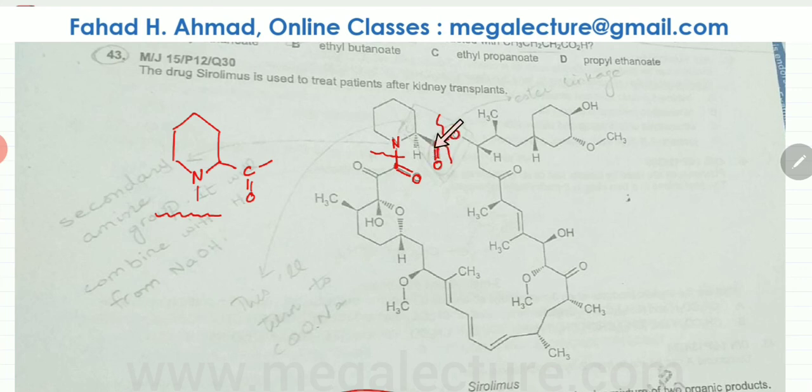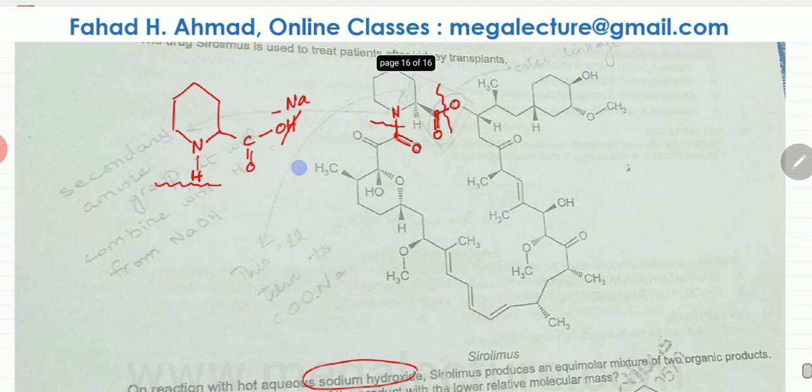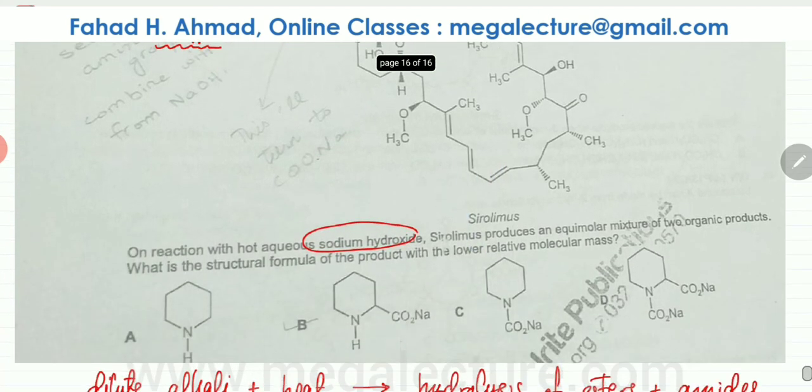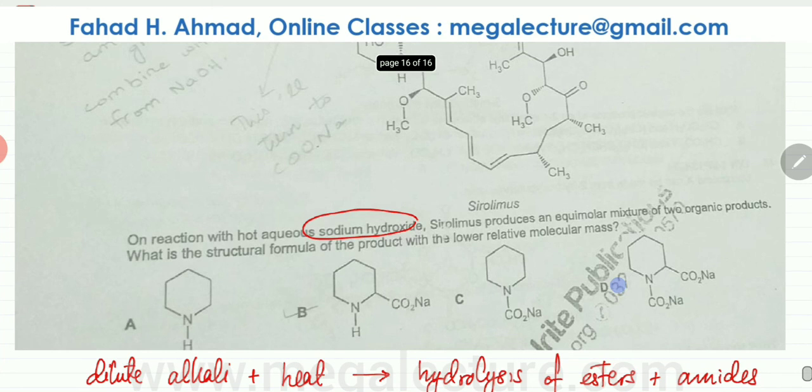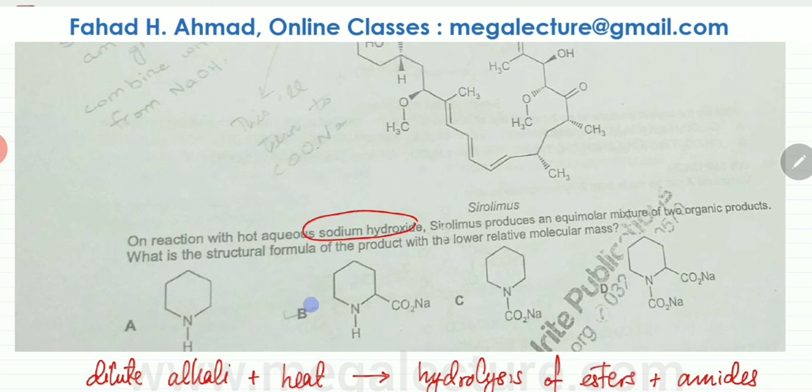So this C double bond O, and on this side, this link has been broken. The C double bond O side changes into a carboxylic acid, and the N side would change into an amine. There would be an H attached over here. So this is going to be your molecule. This is going to be your product. And again, since you're reacting it with NaOH, the carboxylic acid would react, and that would result in the formation of a salt of the carboxylic acid. So that's the product that would be obtained in this reaction. So we're going to try and find which of the four products this is. If you look carefully, the correct option is going to be option B. Option B would be your correct answer for this question.